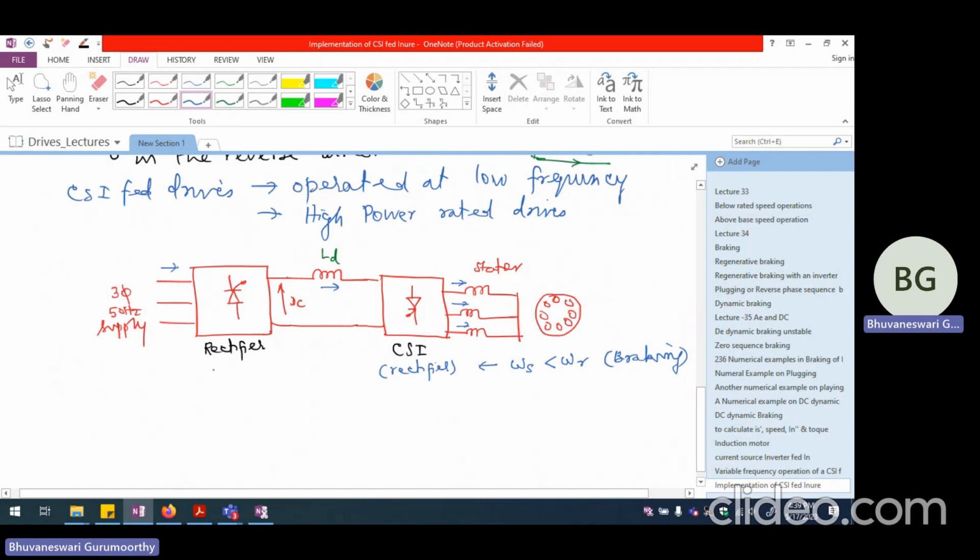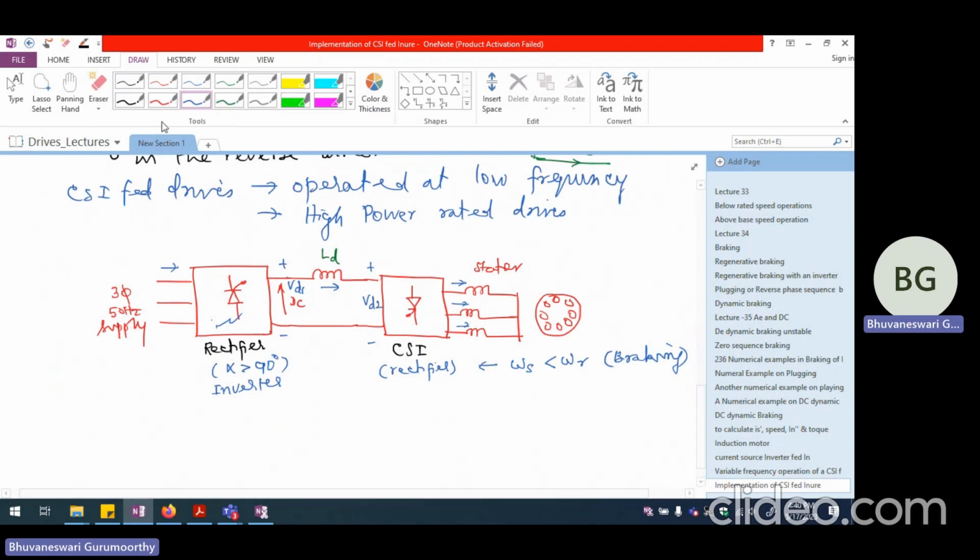And the rectifier will be fired at a firing angle greater than 90, so it will work as an inverter. Originally, when it was working as a rectifier, we would have had plus here and minus here, and we would have called this VD1, and plus here and minus here, which we would have called VD2. But when it is working in braking mode,